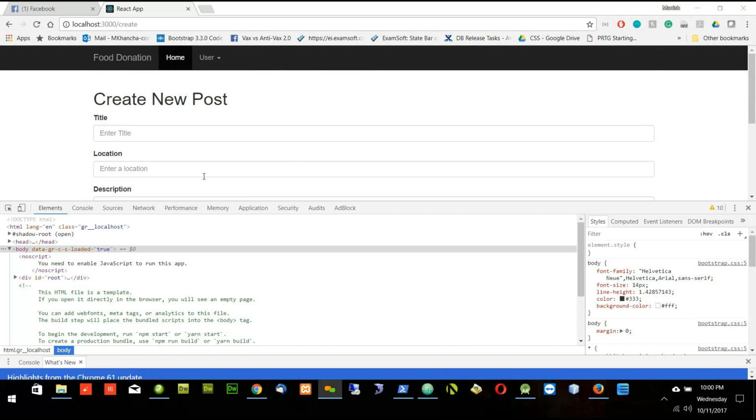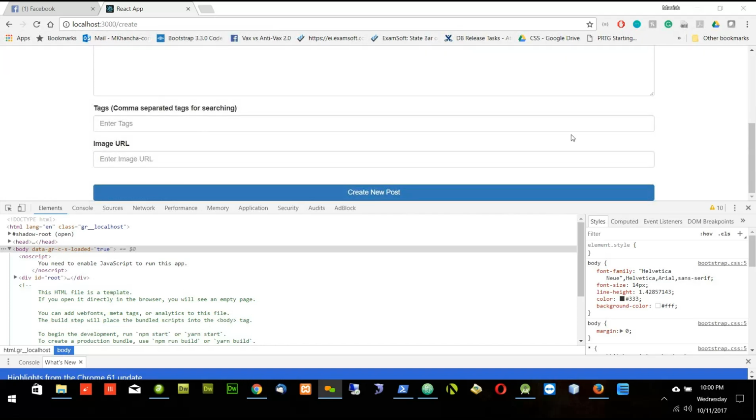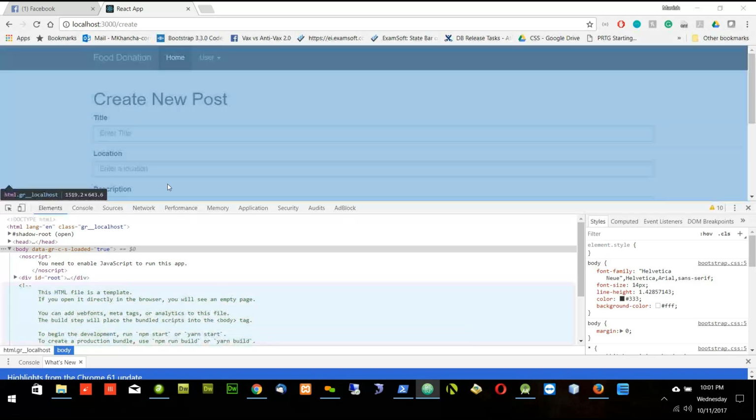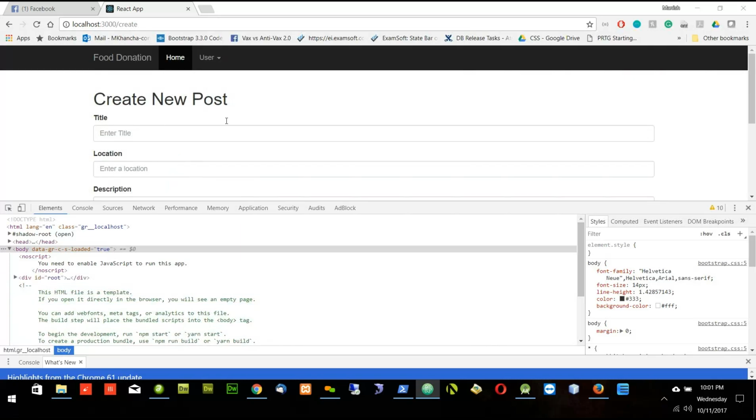I don't want a user who is not logged in to be able to see this page. People who are not logged in should not be able to create the post. Only the people who are logged in should be able to create the post. So we will do this now. The person who is not logged in should not be able to access this page. So what I will do,